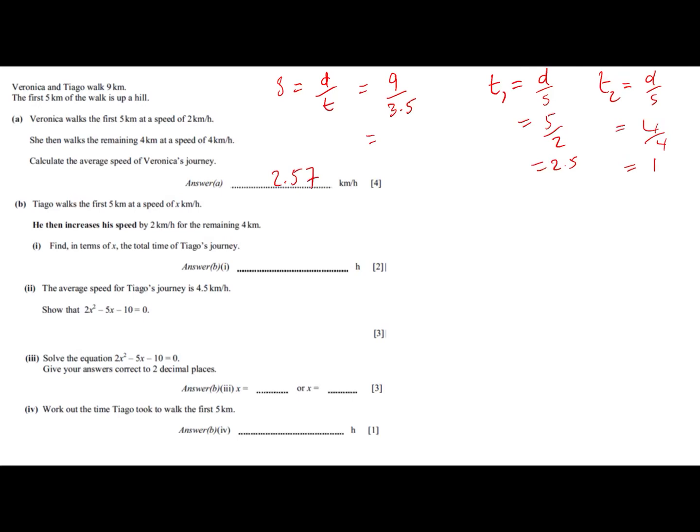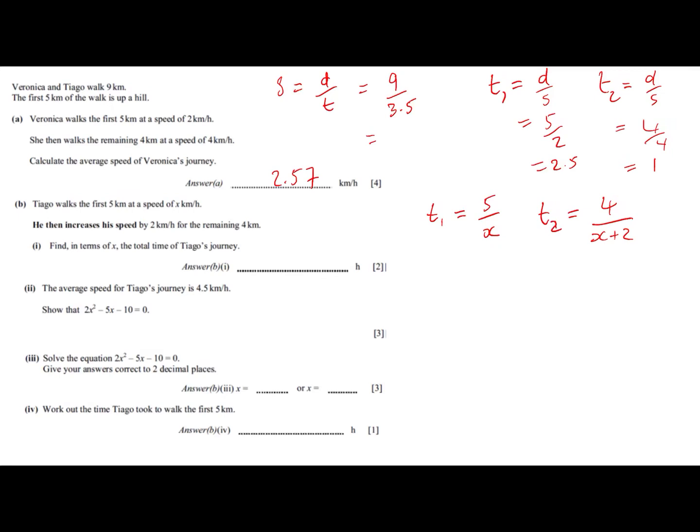So Tiago walks the first 5 kilometres at a speed of X kilometres an hour. He then increases his speed by 2 kilometres per hour for the remaining 4 kilometres, okay? Find in terms of X the total time of Tiago's journey. So again, the first part of his journey is his distance, which is 5 kilometres, over his speed, which is X. Now in the second part of the journey, he travels a distance of 4 kilometres, and he's increased his speed by 2 kilometres per hour, so that's X